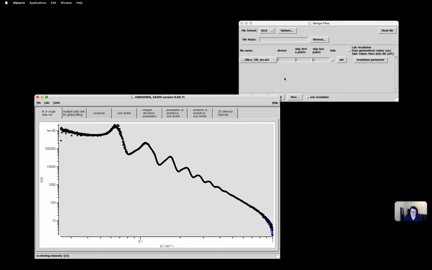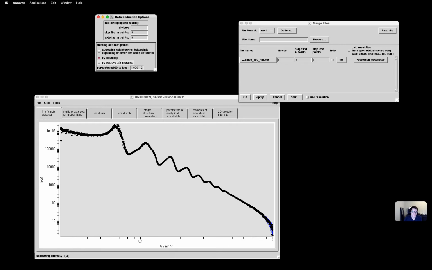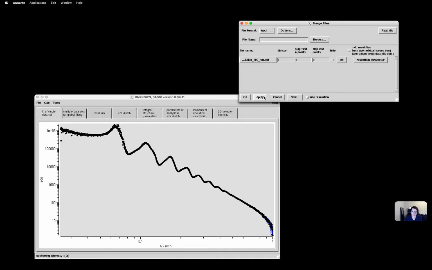And there are several options given for removing some points. So I can use here, for example, the relative distance in 2 dimensions, and I say the minimum distance, I increase the minimum distance between data points a bit, so it's only rough thinning out.